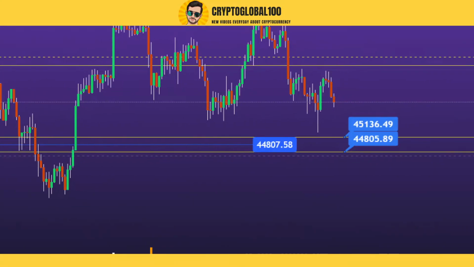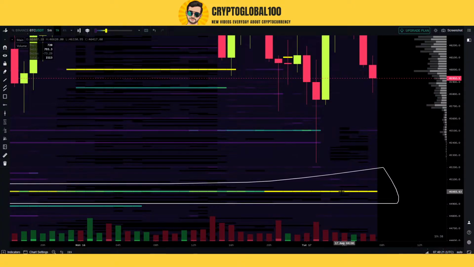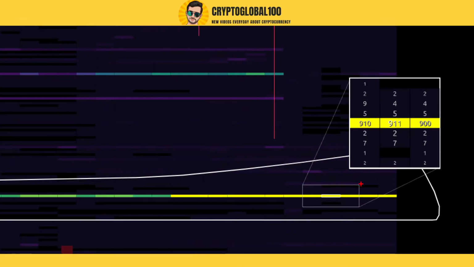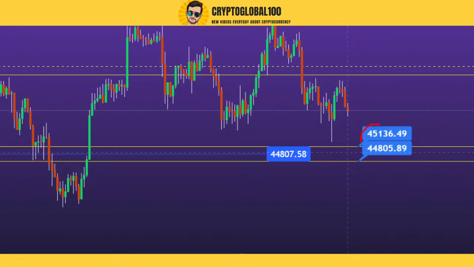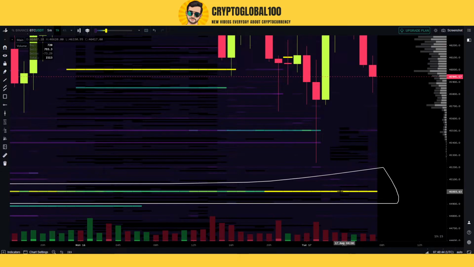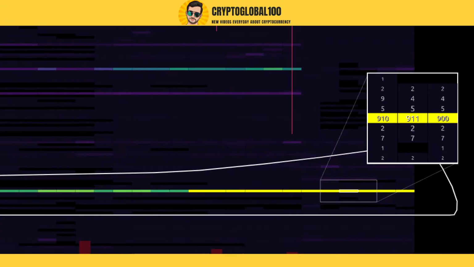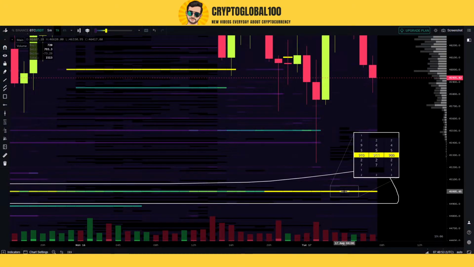Again, if I show you the price level between 45,000 and 44,000, if I go back here, you can see here 45,000, you see a 900 BTC order. So someone has put up a buying order around this level, 45,000. You can see here again in between this area. So it shows that this is a strong spot. 912 BTC is a huge order, guys. That's huge. So this area cannot be breached unless this order is filled, and that is too much